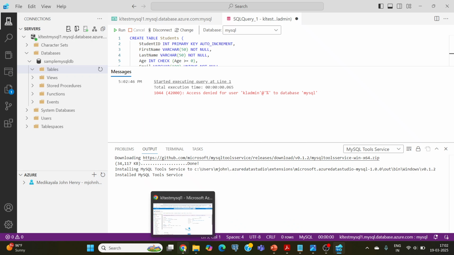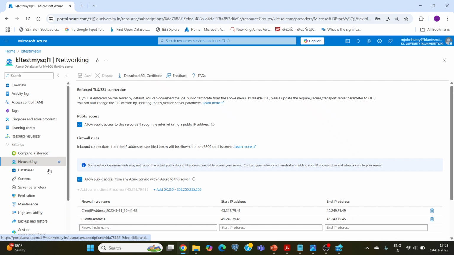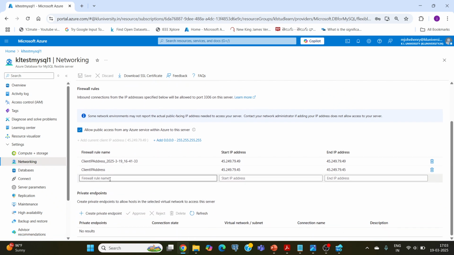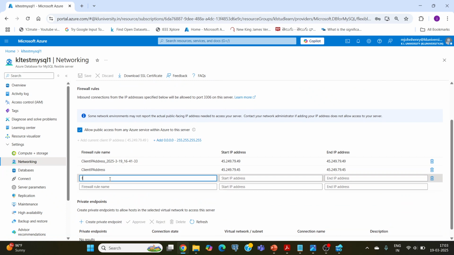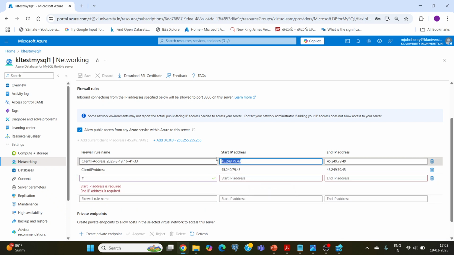So in such cases, what you should do is go to the MySQL, go to the settings, networking. You have to add a firewall rule here. Let us say F1. Starting IP address. Just copy this, the first one,